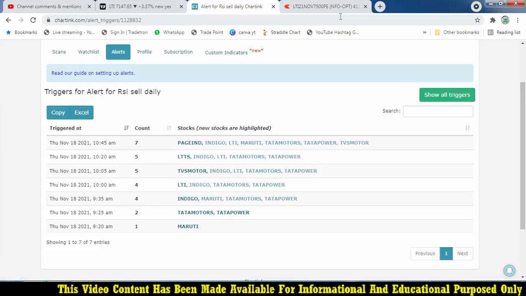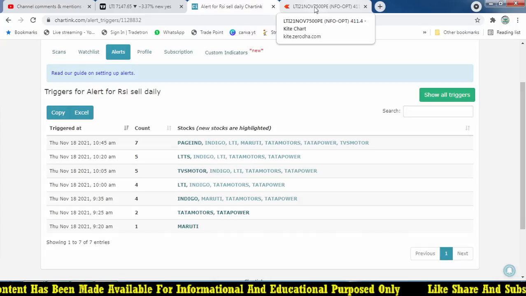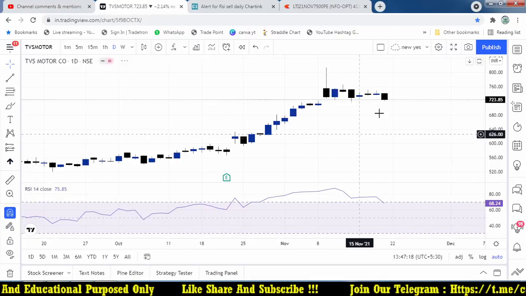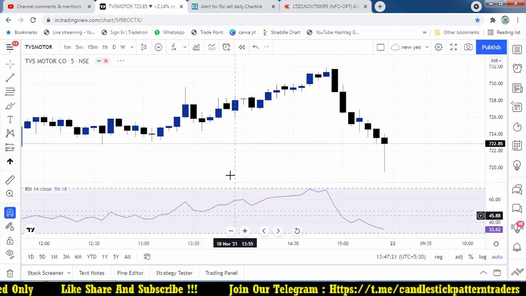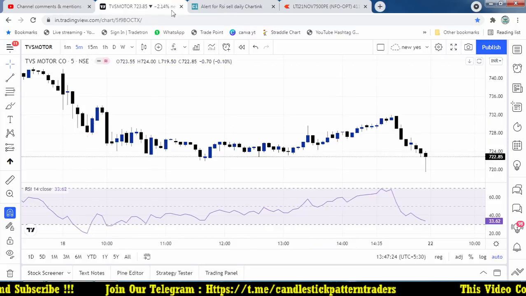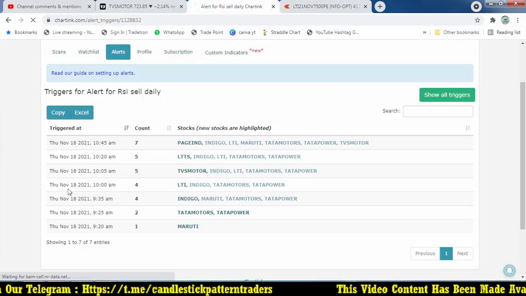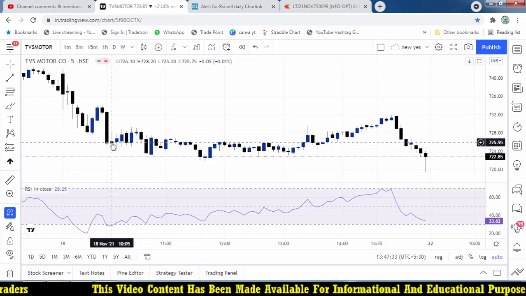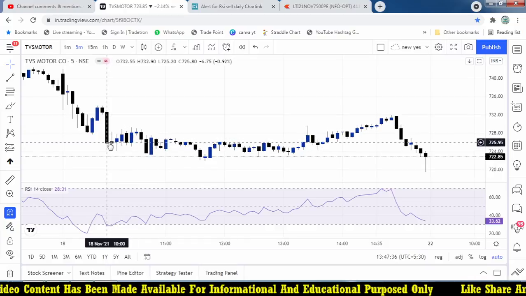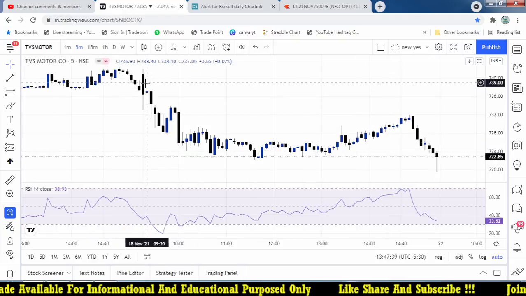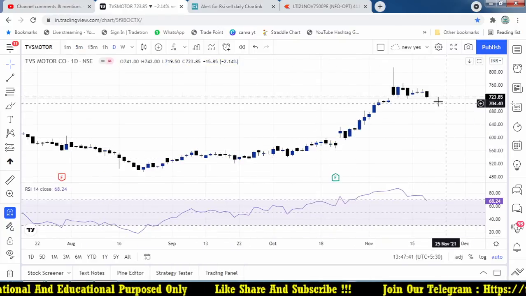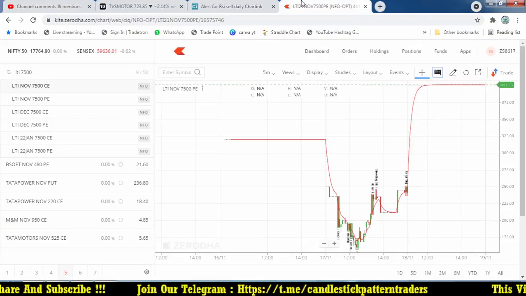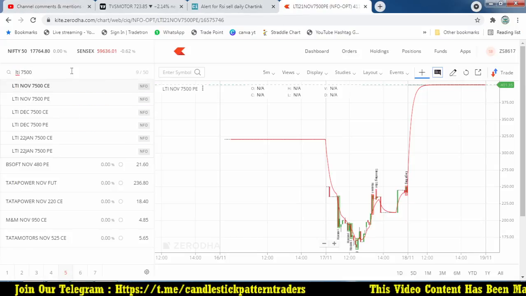And TVS Motor, that is happening at 10 o'clock 15 minutes, and LTTS at 10:20. So let's try with TVS Motor, what happened in that. This is also going down on the day, but in 5 minutes we got an entry around 10:05. We got a sell signal below 725. What is today's high? Day high is 742, previous day high is 749. So maybe the right strike price will be 750 or 740, whatever you want.